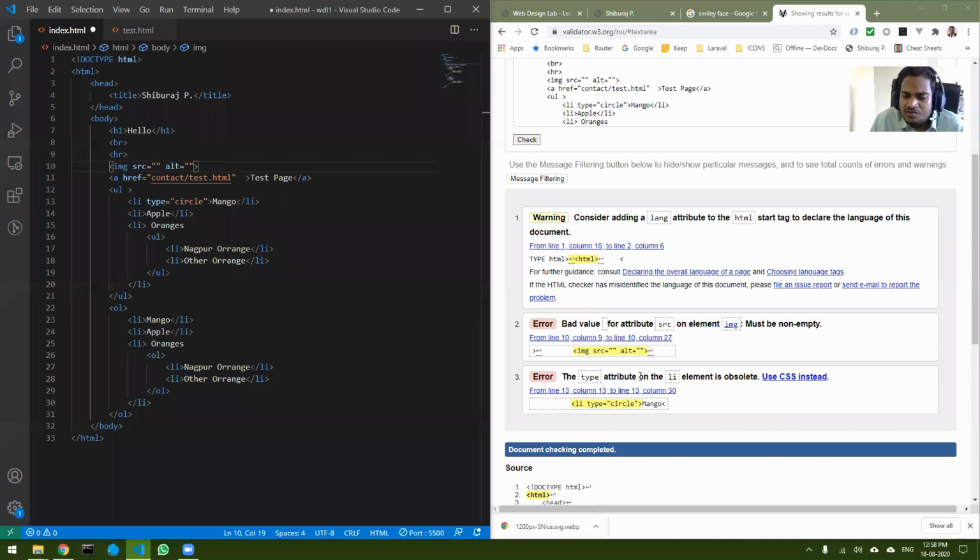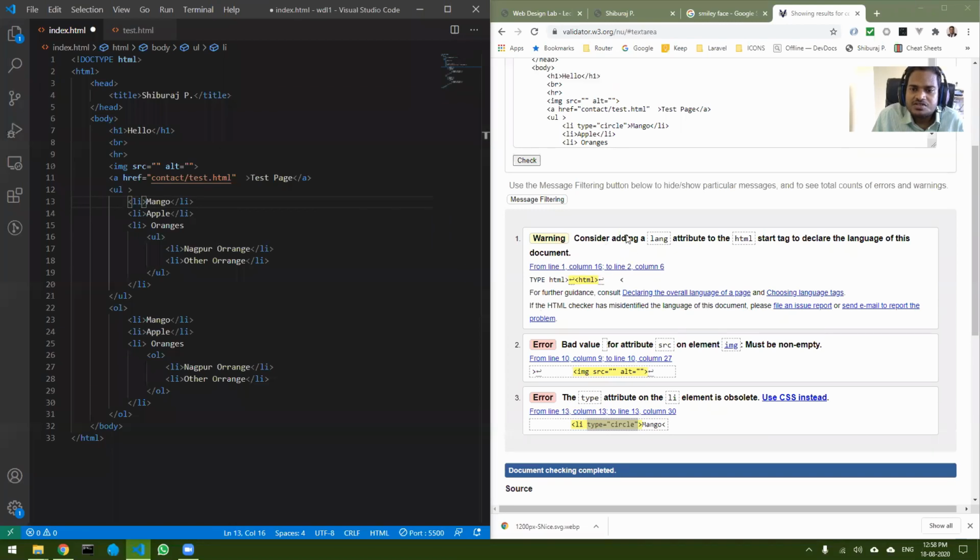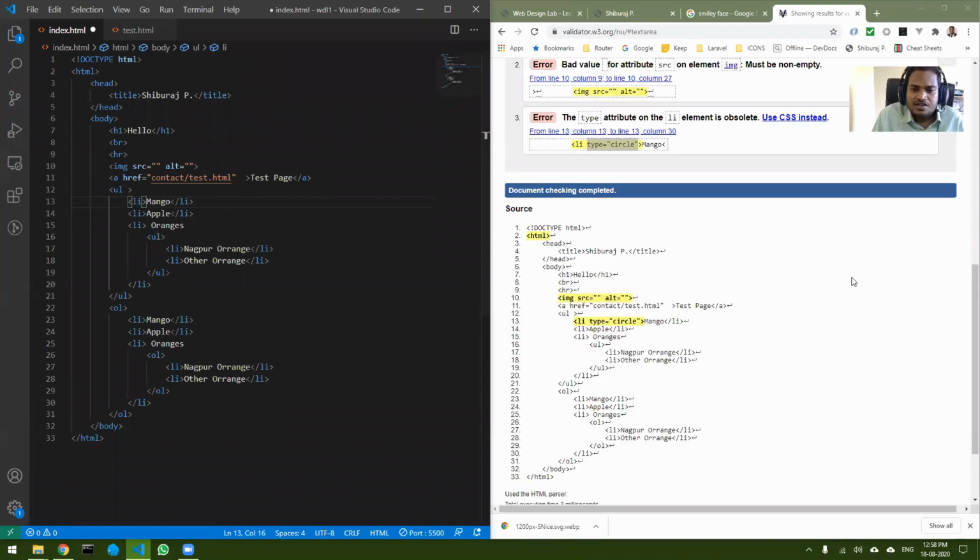Then the type attribute of li element is obsolete. Using this type attribute is no longer required, because nowadays we use css to do this. We can use css to change the type of bullet points. So this is another thing